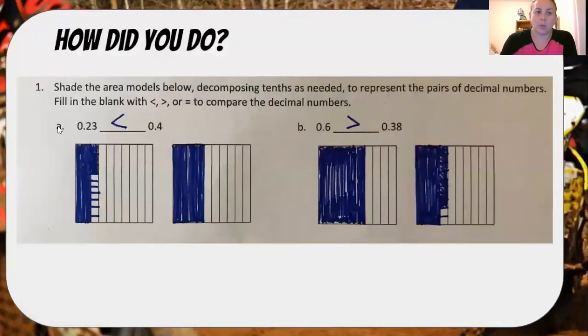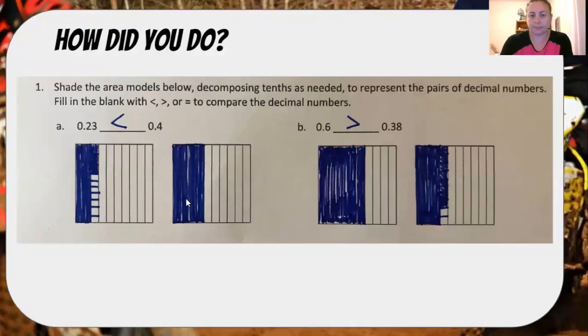So number 1, we were supposed to shade the models and then compare the numbers. So the first one was 23/100. So there should be 2 tenths, and then this one we had to break up into 10 smaller pieces and then color 3 of them. And that is less than 4/10. So we can see even though there's more digits, it's a smaller number because we have more shaded in for